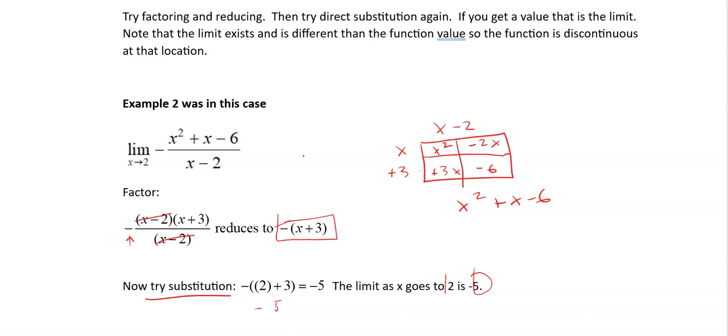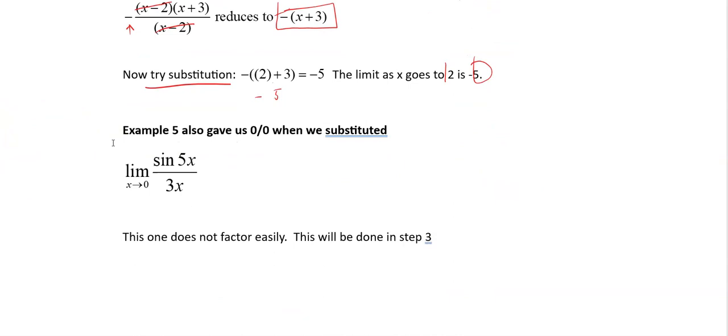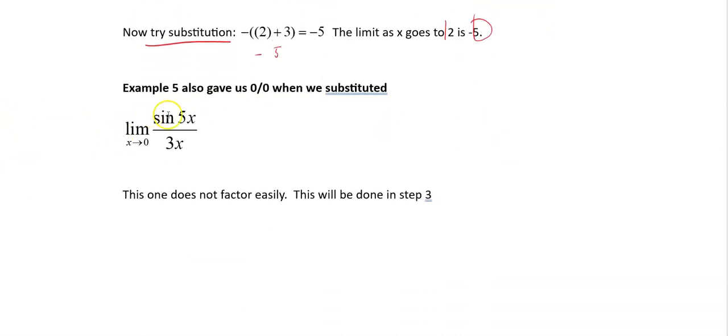If that works, you're done. So the answer to this one is -5. That was example 2, where we got 0 over 0 and we substituted, and we resolved it by factoring, reducing, and substituting again. Now, I got 0 over 0 for example 5 also, but there's not really an easy way